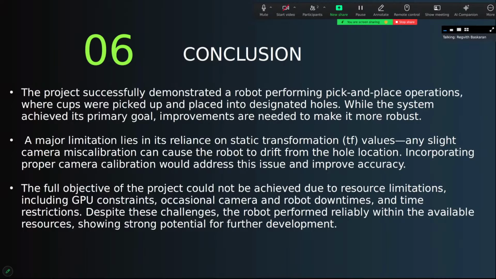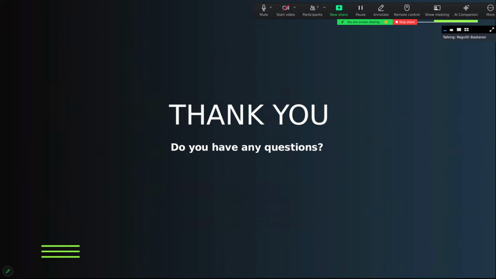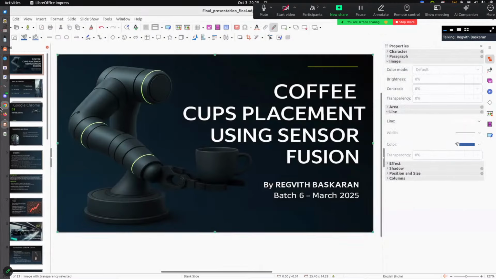Despite these challenges, the robot was able to perform really well within the available resource times, showing strong potential for further development. And with this, I'm done with my PPT presentation. So now I'd like to go to my